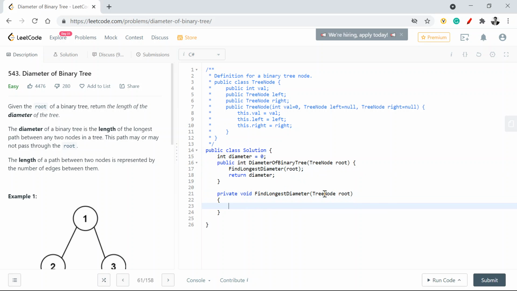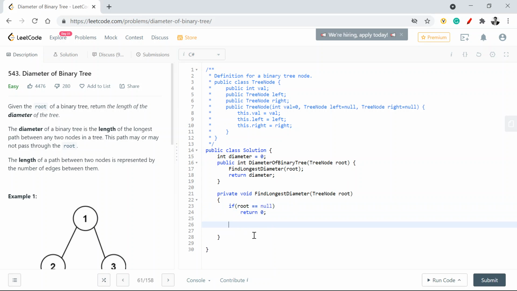What we're going to say here: if my root node is null, as always, I'll say return 0. Otherwise, we are going to traverse to the left node and the right node, and it will return me an index.